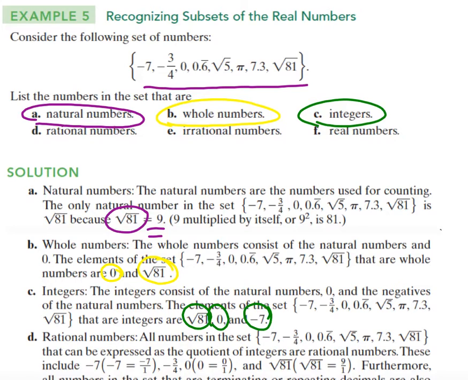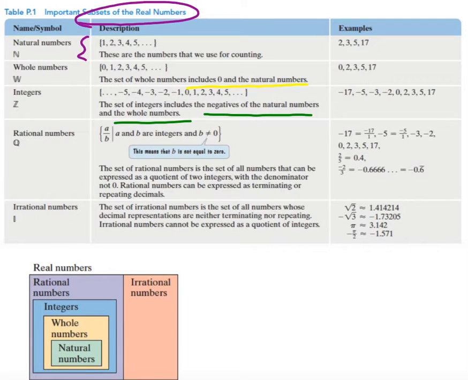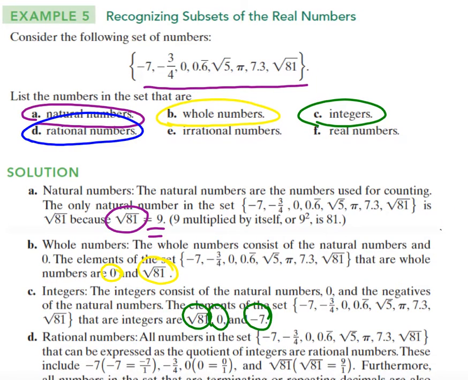All right, part D. The rational numbers. The definition of rational numbers you want to think about is numbers that can be written as a fraction, a quotient. The denominator cannot equal 0. So think of numbers as a terminating decimal or a repeating decimal. So here's an example of a terminating decimal. Here's an example of a repeating decimal. So if we head back to our group,